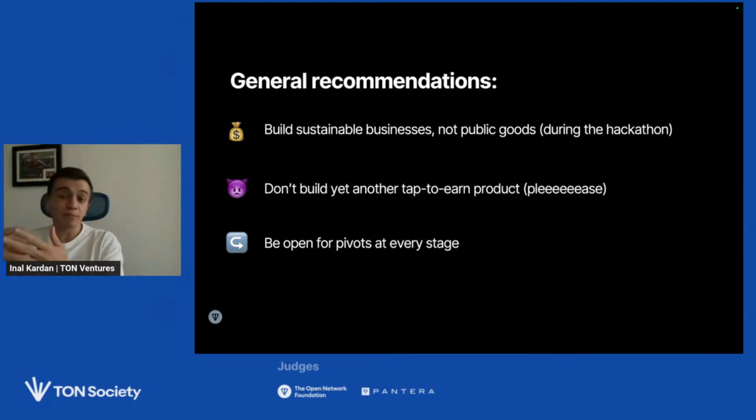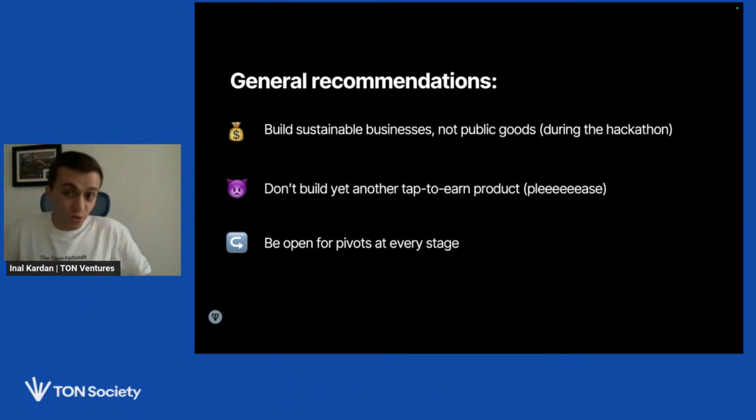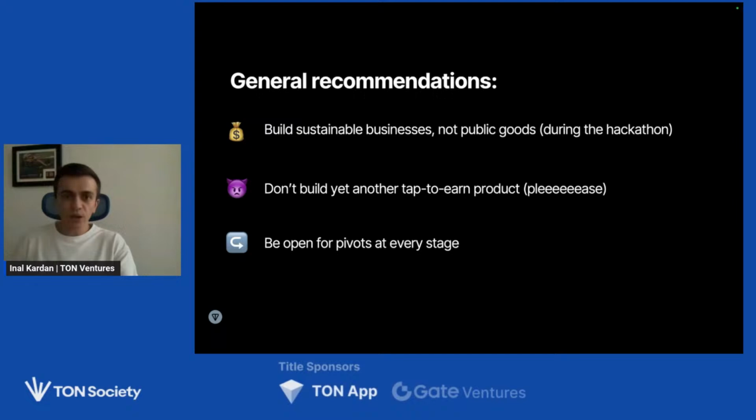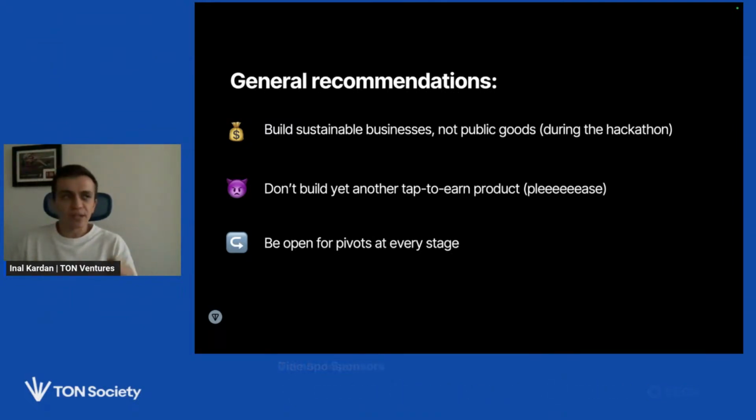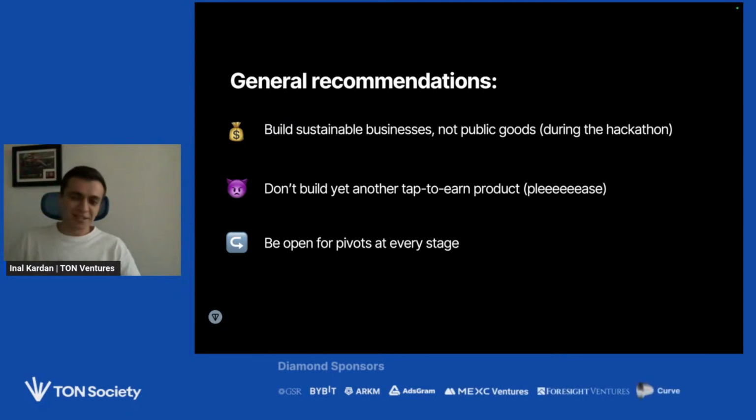And here I want to share one example. Let's say Ton API. They are providing infrastructure, but at the same time, they monetize it. Ton App, as far as I know, they're sponsors of the hackathon as well. So they monetize the infrastructure for developers. You can consider it as a public good as well, because they have free tiers. But in general, it's a business. And my first very general recommendation is build sustainable businesses, not public goods. Public goods are not sustainable. And if you say, hey, we're building this because we think this is important for the ecosystem, the first question you're going to get from us, and I guess from Foundation as well, because as I already said, I worked at Foundation, is how to make it sustainable.